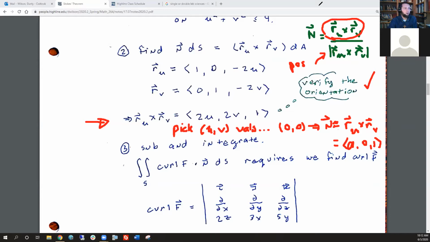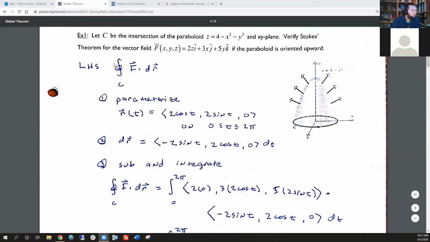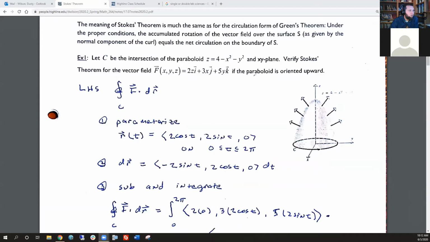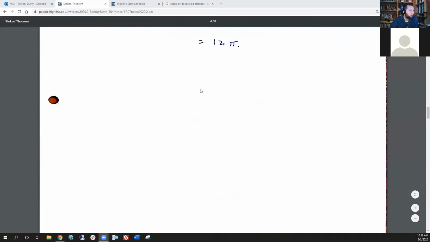Often, but not always. There's a key phrase, which I'm hoping is clear. Is it like a question out of that? Sorry, go on. So notice right here that we say that the paraboloid is oriented upward. So this tells you that up equals positive. That's kind of a weird way to say it. If we go to the next question where we're going